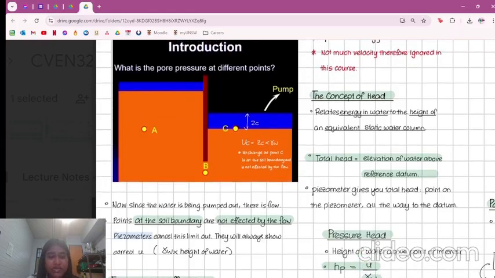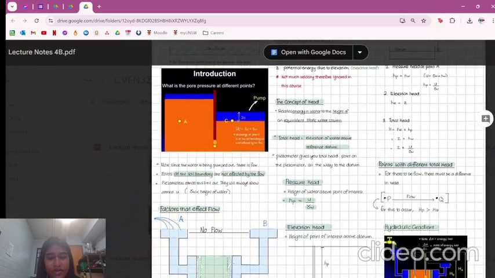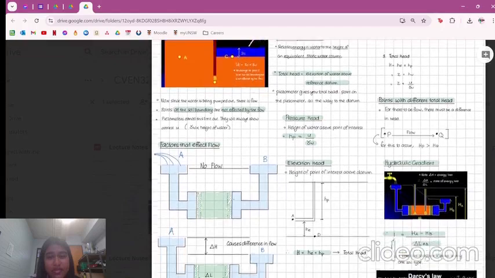Another term is the piezometers, so they're a way to measure pressure according to the depth. And they cancel the limit out, and they'll always show the actual pore water pressure value, which is the gamma W times the height of the water, which is your ZC value here, which I've written in white on the diagram. Okay, so some factors that affect the flow